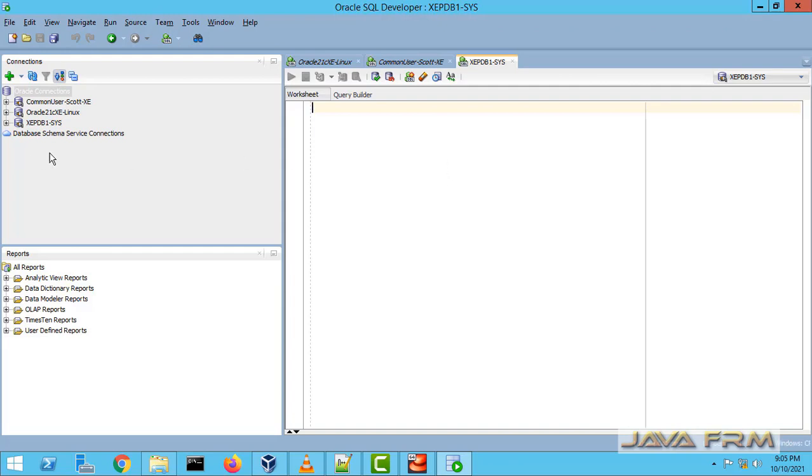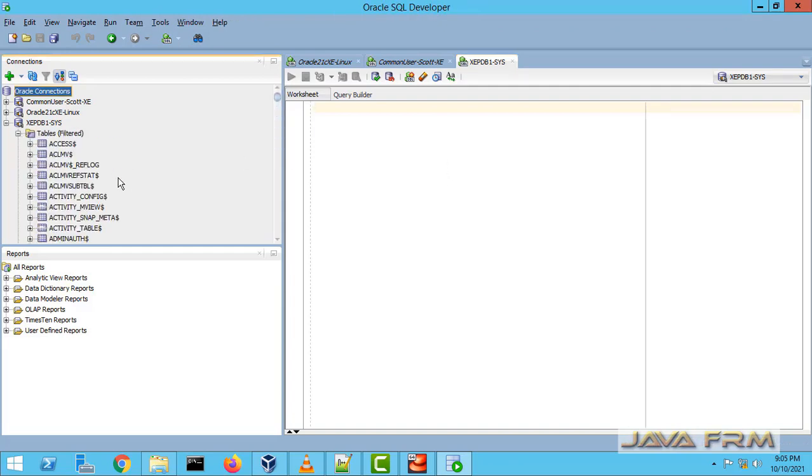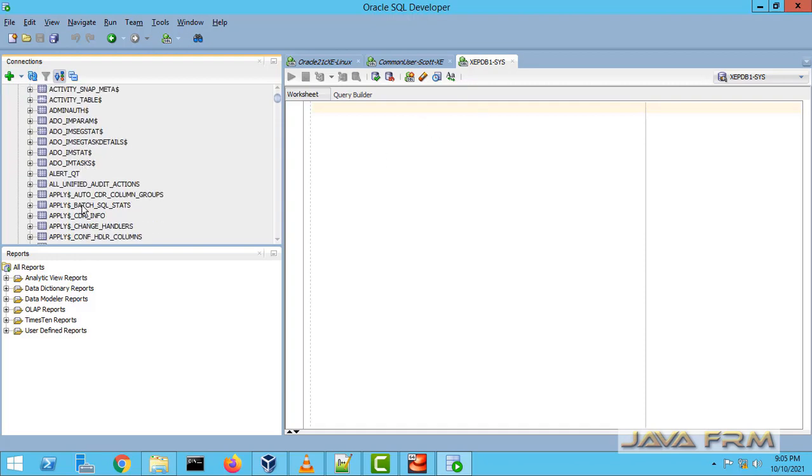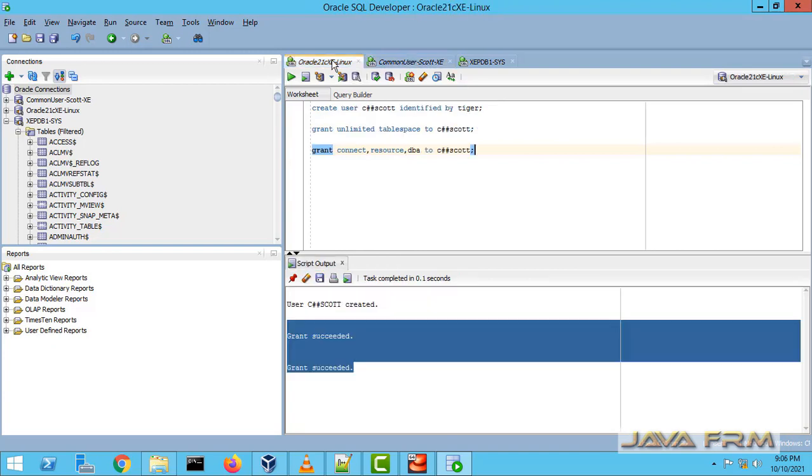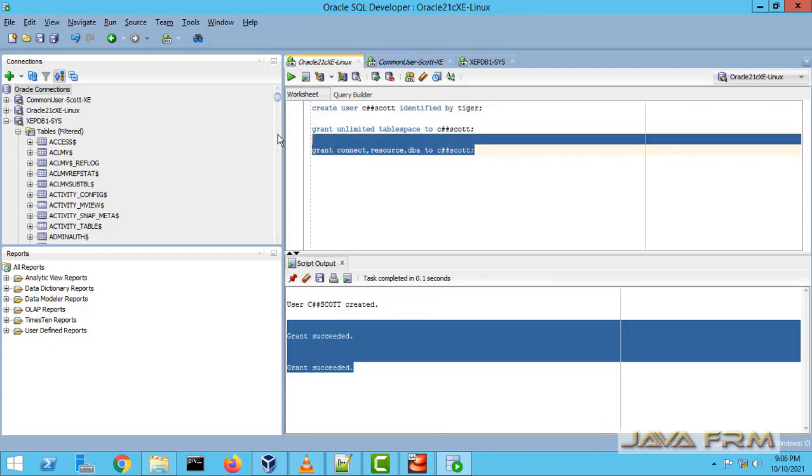So now I am connected as sysdba to the XEPDB1 pluggable database. Now the next step is I am going to grant some privileges to the user called PDBADMIN.